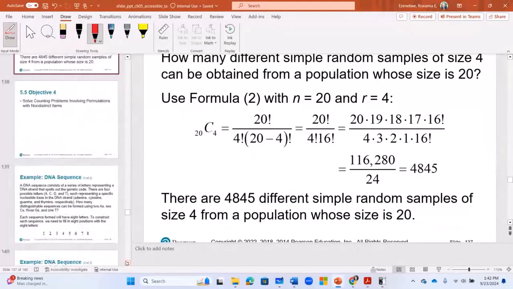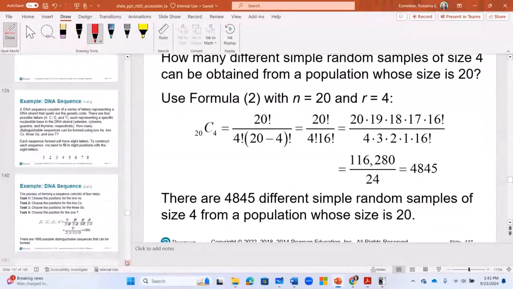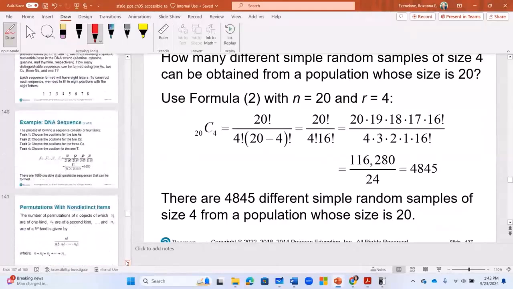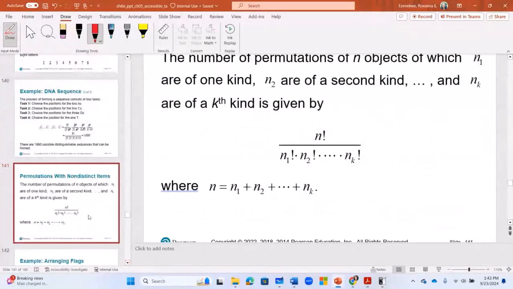There are so many applications, DNA. Now we go to permutation, the next counting principle. There are 3 counting principles. Counting principle number 1 is factorial. We explained that. Counting principle number 2 is combination. Order is not important. We come to number 3, permutation. This is the difference between combination and permutation. Remember, in combination, we said,